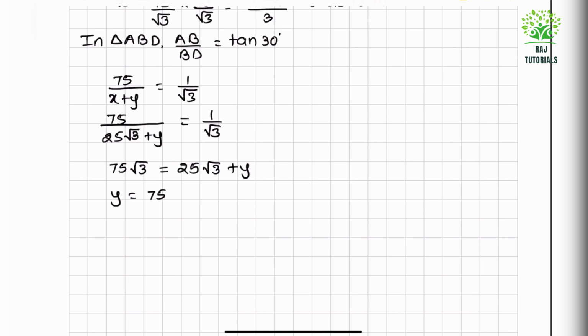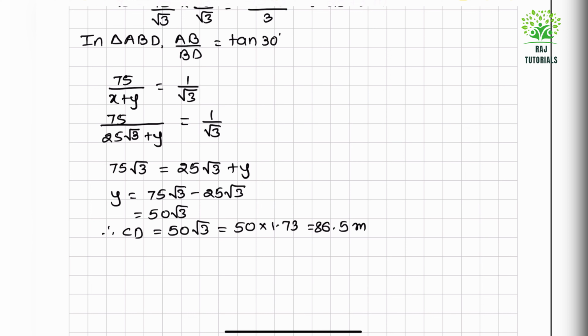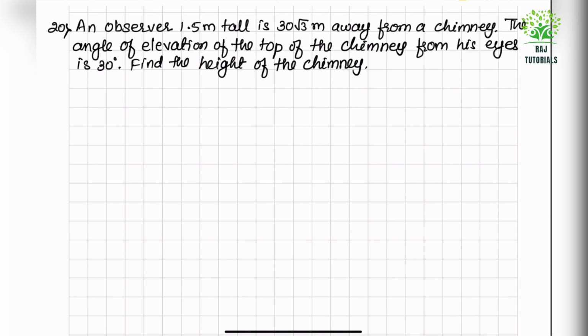Now, solving this, I will get 75 root 3 equal to 25 root 3 plus y. So y equal to 75 root 3 minus 25 root 3. So that will be 50 root 3. So therefore CD equal to 50 root 3. Now putting the